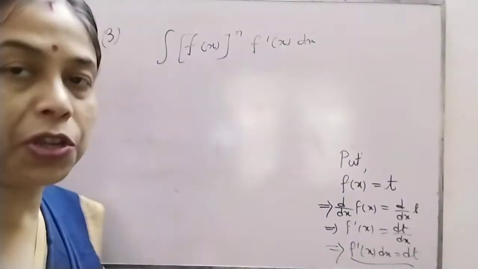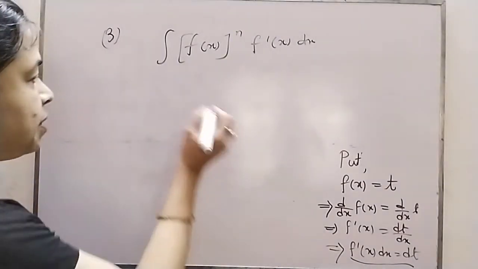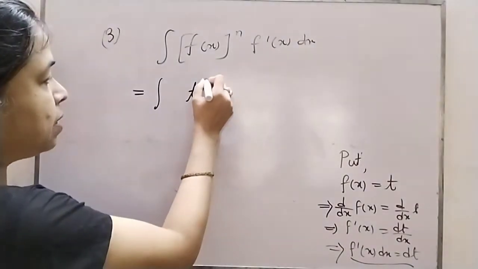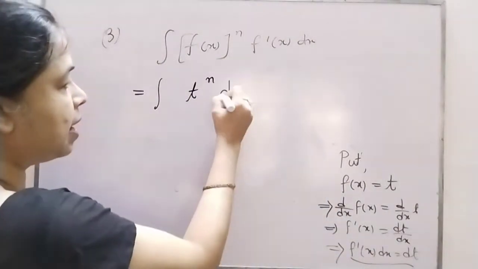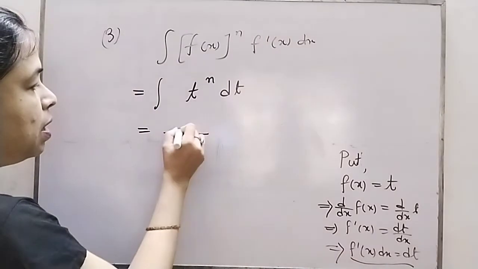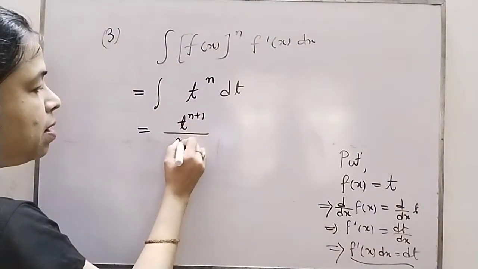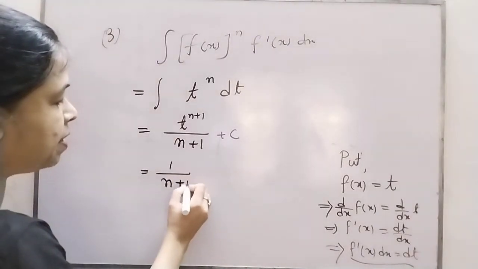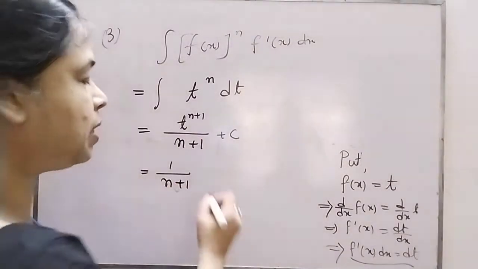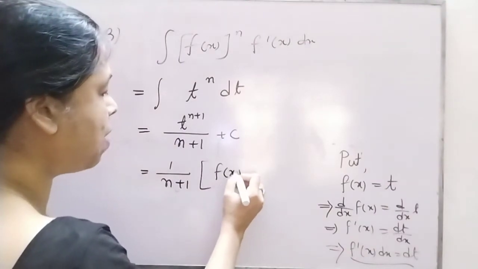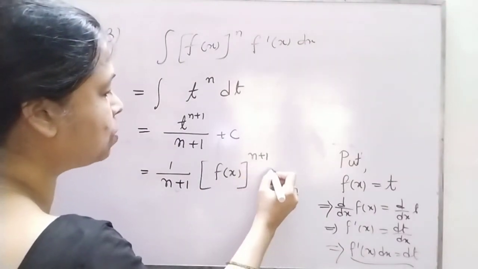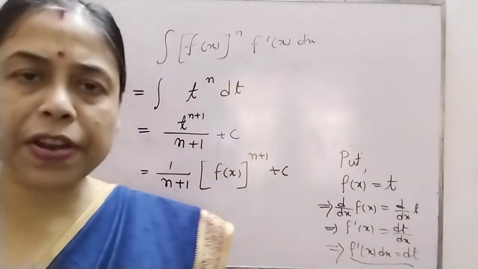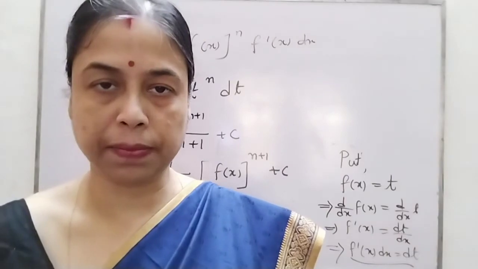Okay? You have to write it in front of every question first. What substitution do we use here? In the place of fx, I can use t, and in the place of f dash x dx, I can use dt. And what is its value? t to the power n plus 1 by n plus 1 plus c. I have used the standard form, which can be written as 1 by n plus 1 times fx whole to the power n plus 1 plus the constant of integration. So these are the different cases that generally arise in questions.